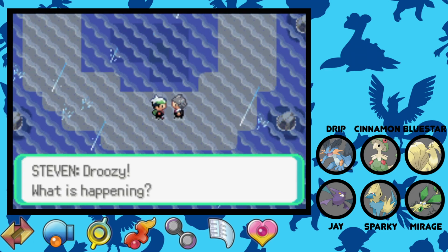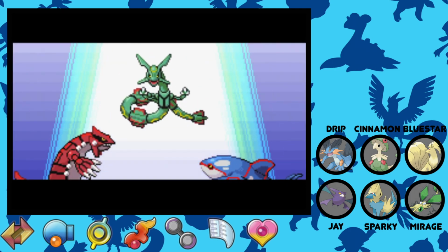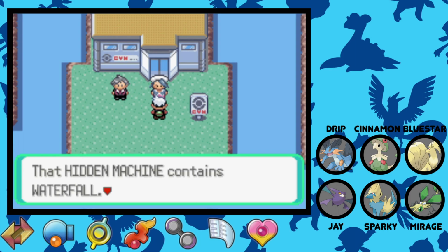Steven shows up and takes me to Wallace in the Cave of Origin, who makes me go to Sky Pillar, where I wake up Rayquaza to save the world. And after witnessing one of the greatest cutscenes, it's time to get my gym badge. Archie and Maxie disappear, Wallace gives me Waterfall, Steven gives me a high five, and I take on the final